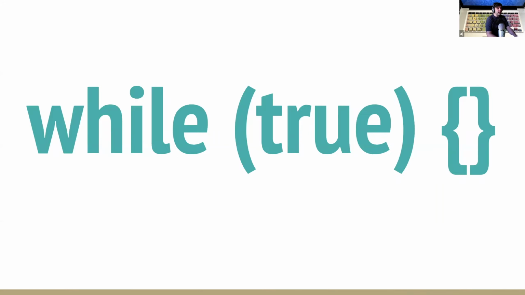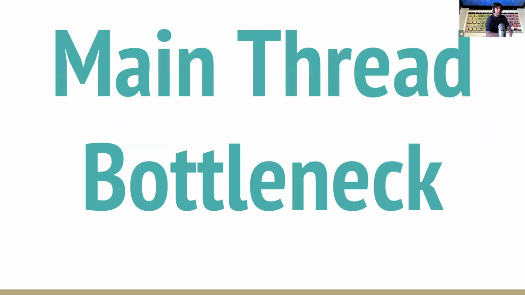But these things bring the main event loop to its knees and mean that ultimately the way that JavaScript works is not a good model for high performance applications with the advances that we have in CPU technology. Having so many cores available, we cannot use the cores that we have with the way that JavaScript works today. So the